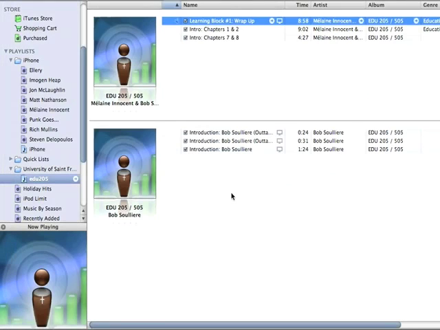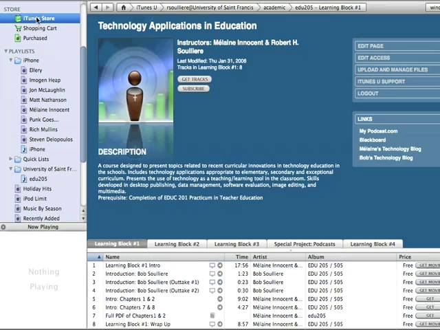You're using iTunes U. Anytime you want to go back, just click the iTunes Store link and you'll see that you're logged in. You can go ahead and see what content we have underneath Learning Blocks, and this tricky little one down here is going to be for the opportunity when you take advantage of doing some